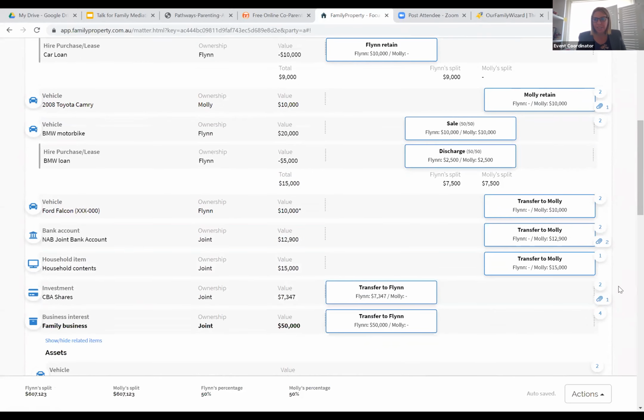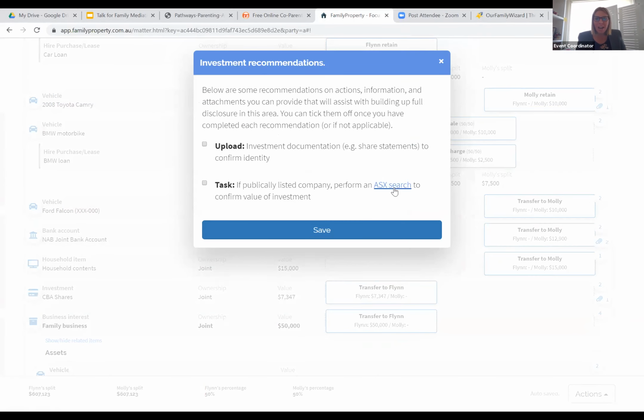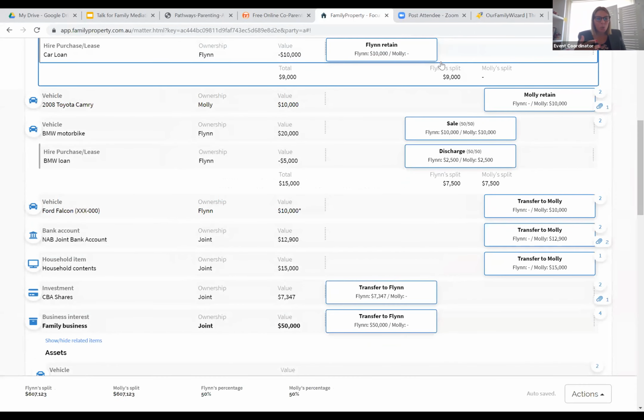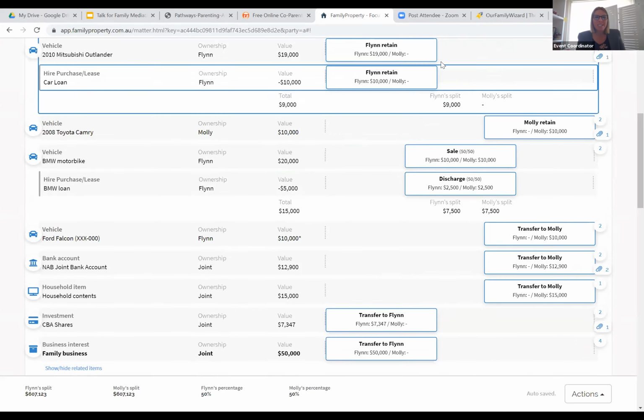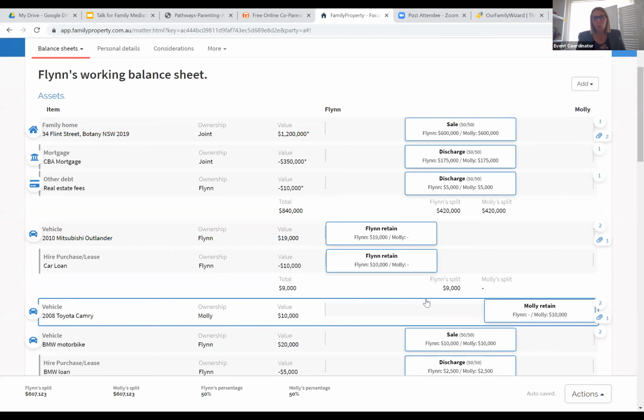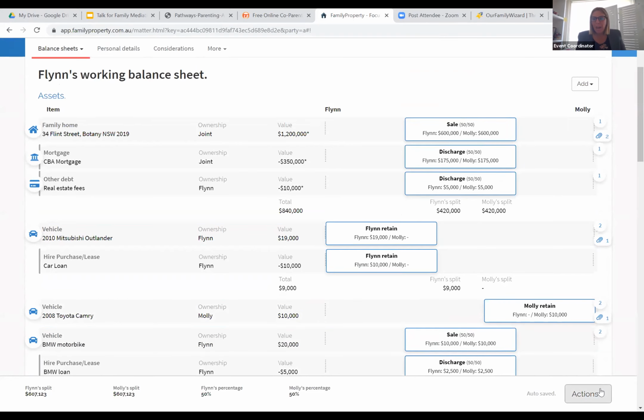Shares is another example. You might do an ASX search, you might have 100 Telstra shares. How much are the Telstra shares worth as at today's date? So they're really good. It's really important to do that preparation, as I said, in that step 1, to identify and value the asset pool.